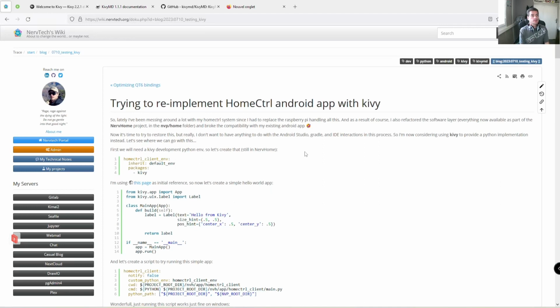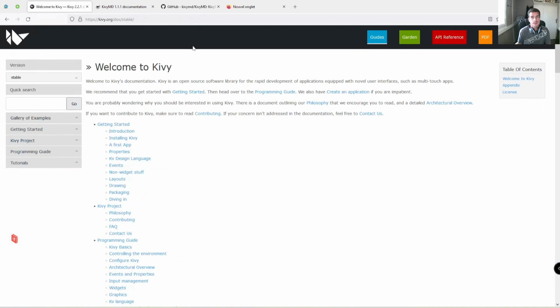Today I would like to talk a little bit about Kivy and KivyMD. In case you don't know exactly what this is, Kivy is actually a framework that you can use in Python to target different platforms. So it sounds very interesting, said like that, because it's also targeting Android or iOS, for instance. And this is in fact the main reason why I started to look into this,